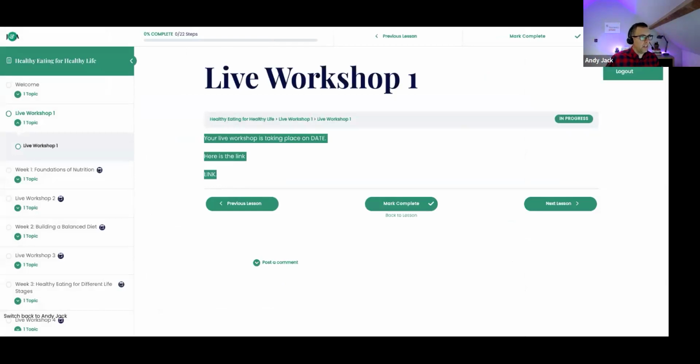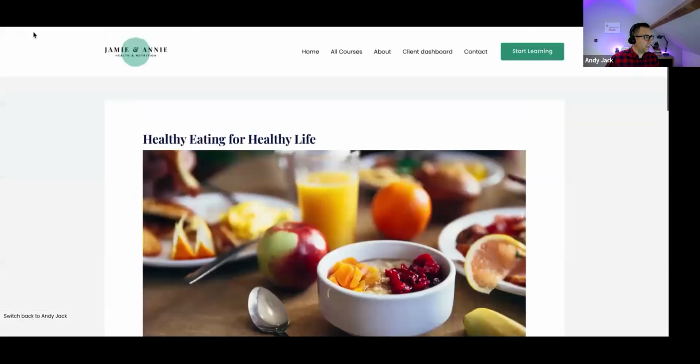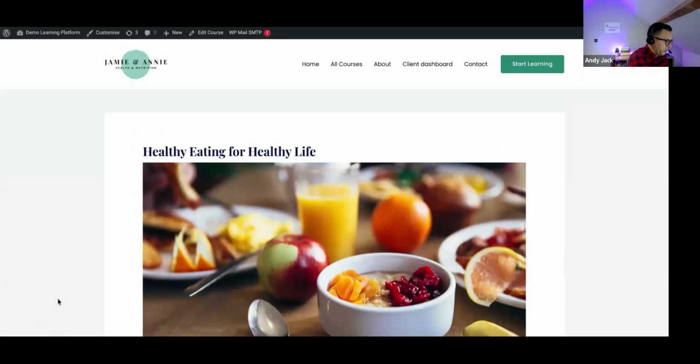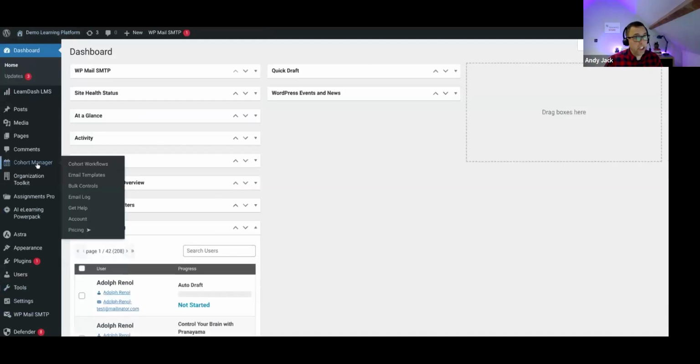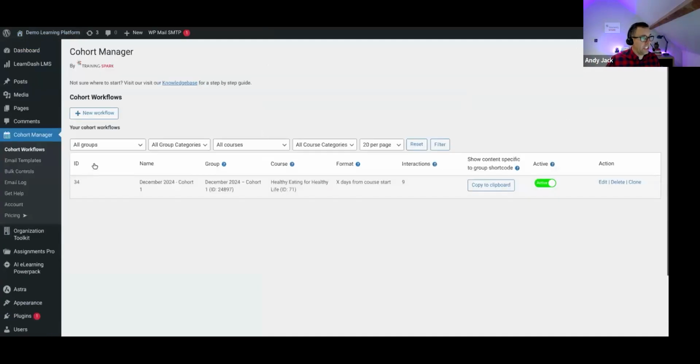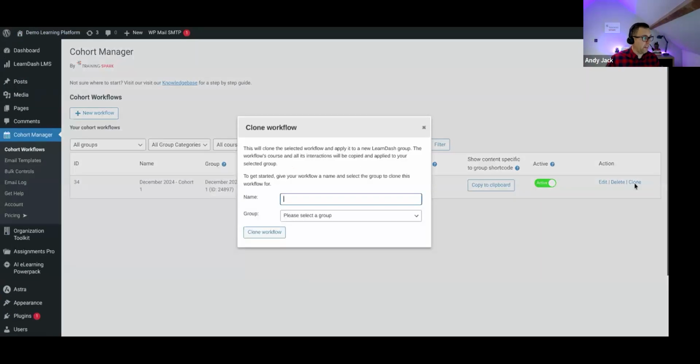So if I log in back as myself, let me show you just a couple of other things. So say, for example, you had a cohort, it's gone really, really well, and you want to deliver another one in January. All you need to do, if you're using this format, is to clone it. So let's do January, or let's call it February even. February cohort